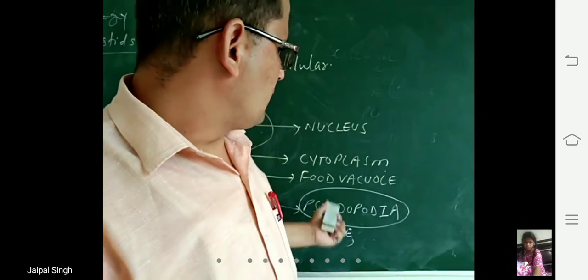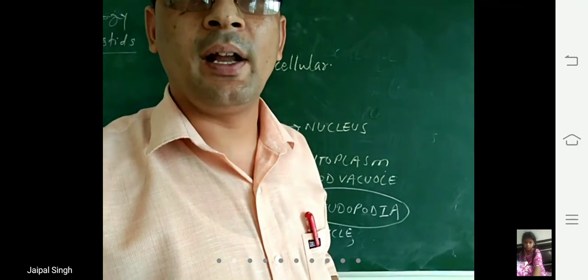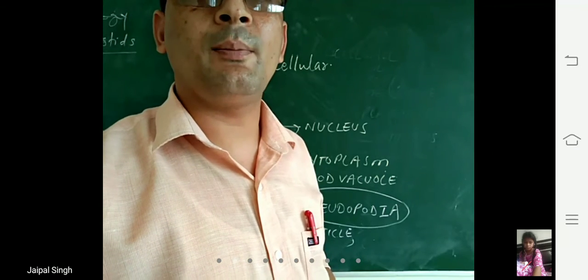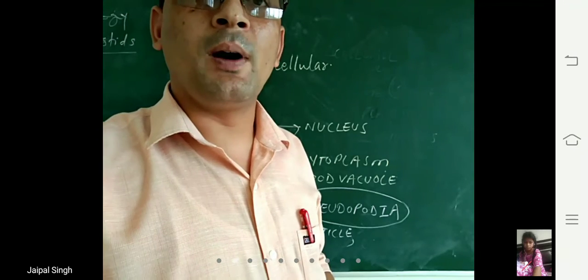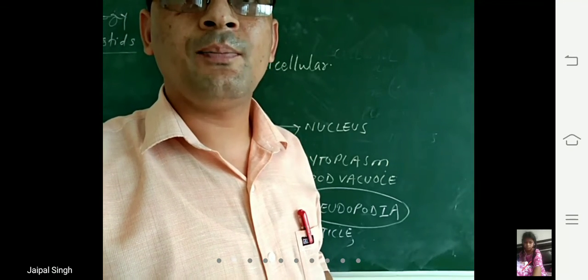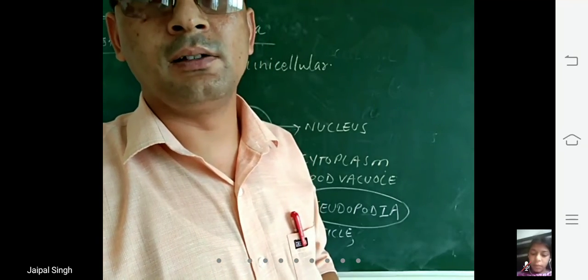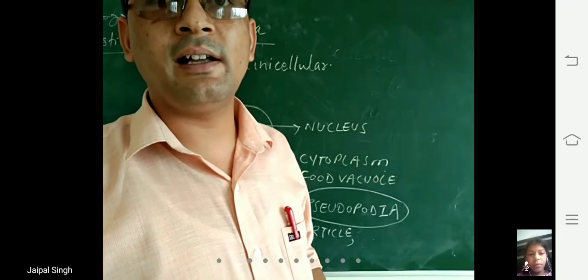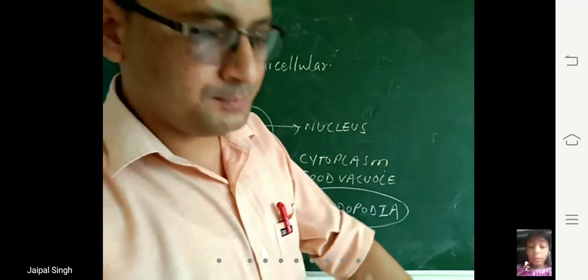And with the help of pseudopodia, the amoeba moves. The amoeba catches its prey. अपने शिकार को क्या करता है? उससे पकड़ता है. शिकार कहने का क्या मतलब है यहाँ पे? Food. And when the food particle enters inside the body, the digestive enzymes help in the digestion of that food particle. So this is regarding a single celled organism, that is amoeba. Amoeba is clear? Reply in message.